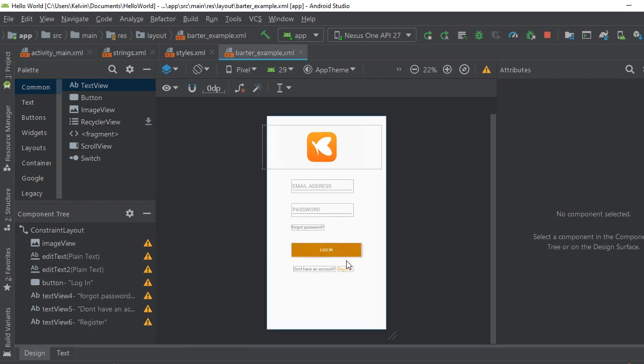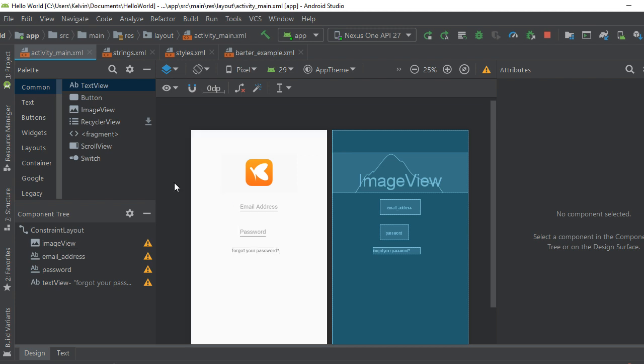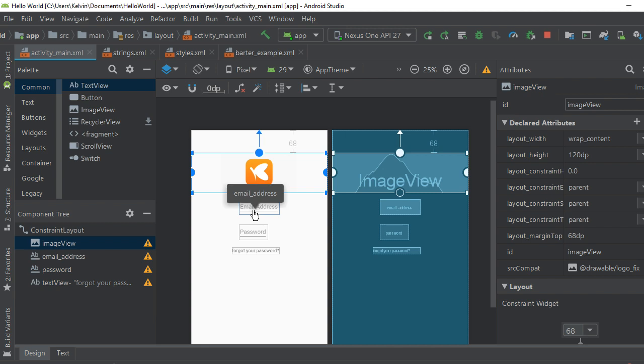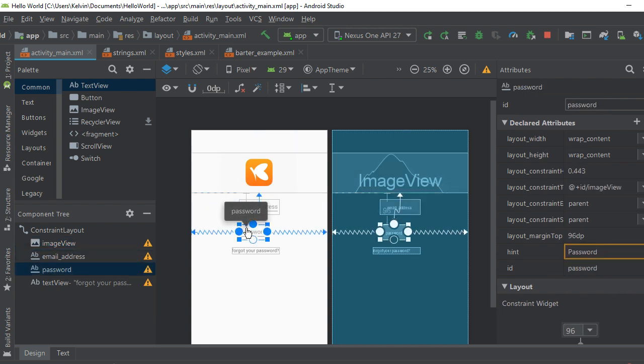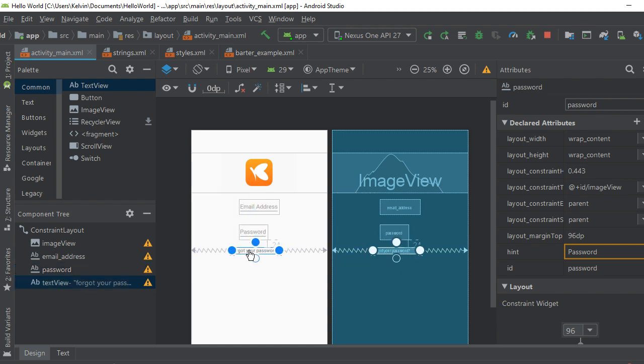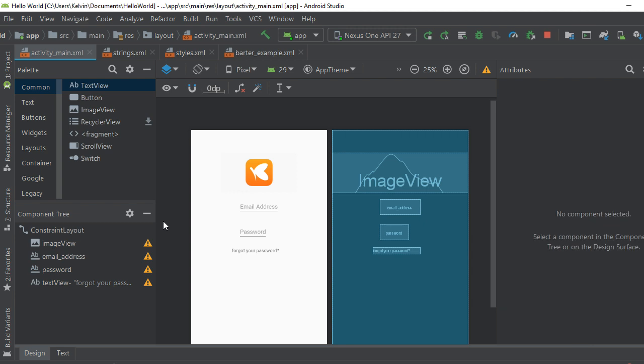Well, really the last thing is our button. Now this is something different, new. We've not really added a button before. We added an image view, we added an edit text, which is a plain text. We added a password field and we added a forgot your password. How do we add a button? Where do we go to search for a button? Let's try it here. Let's search for